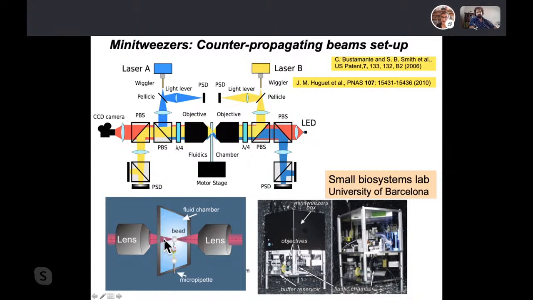You need water, that's for sure. If you are in air, that's another story. But there is a refraction of the beams going through the bead, so they are fully transmitted. It's like a glass, like a lens. Actually, the bead is like these lenses here. But it's not made to focus the beam, it's just to impose a deflection. And we use a sphere, we could use another shape, but the idea is to impose a deflection.